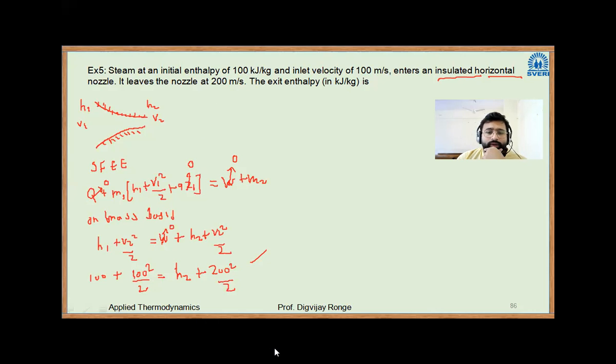Yes, what is the answer? Only one student has calculated, others also calculate. 85 watt. So calculate, others. Again, see here. Okay, my mistake. I forgot to convert this enthalpy into joules. So this should be converted first into joules, then you can calculate. So this should be 100 into 10 to power 3 plus this one. So always take the units into consideration.